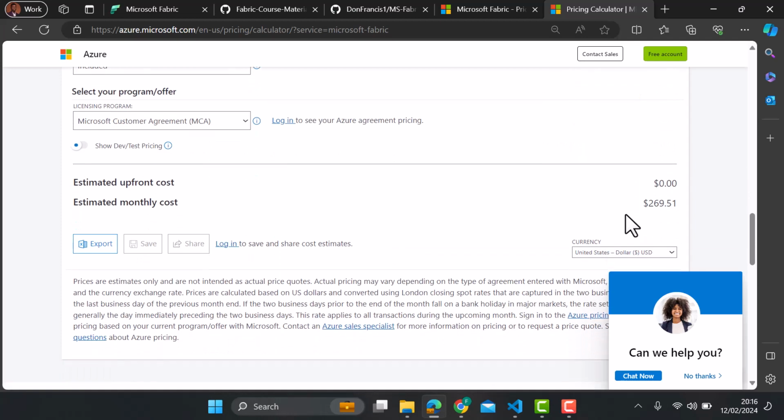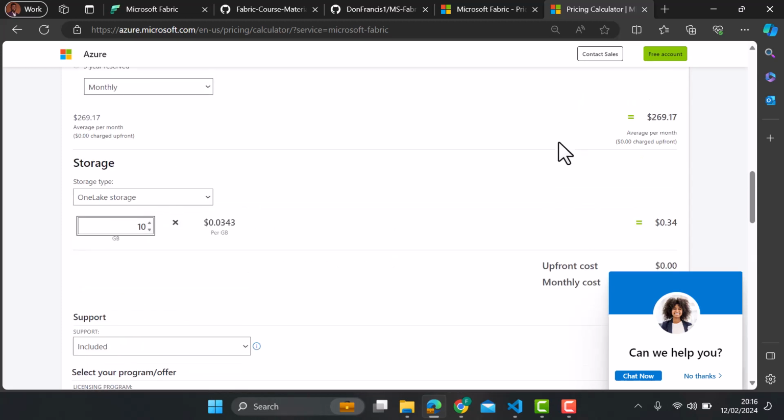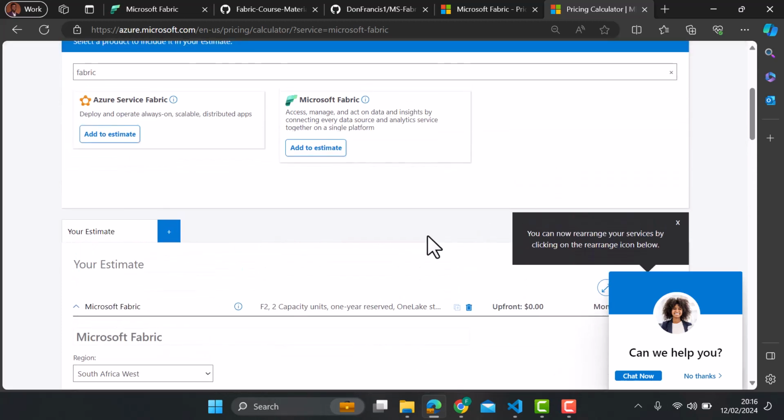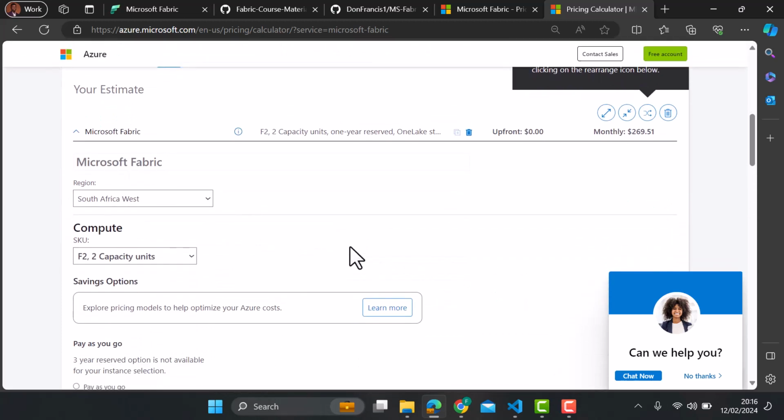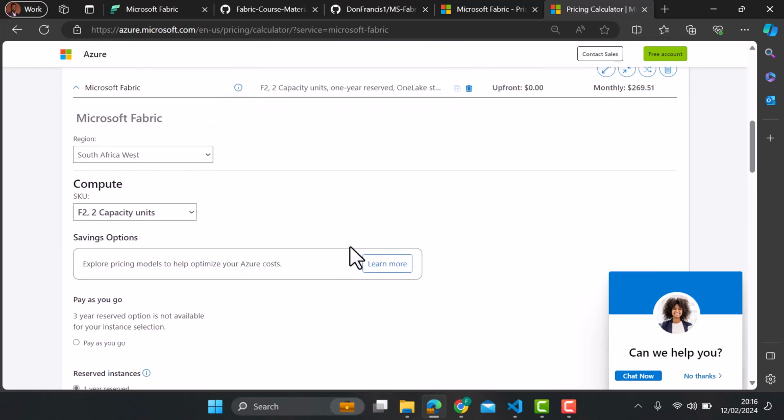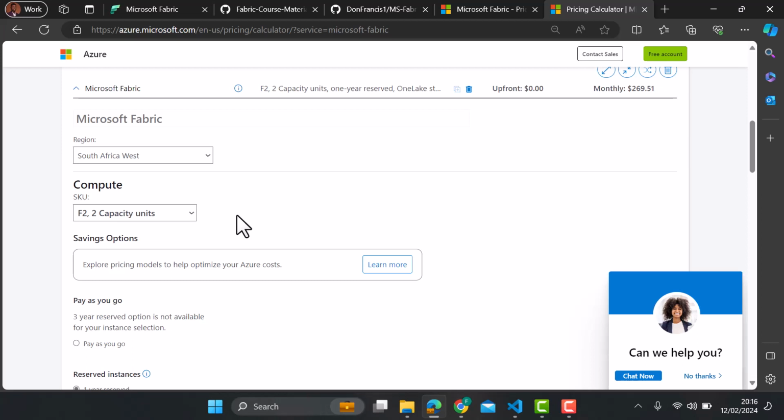You can then see that the total cost of Fabric for this particular region is less than $300, which I think is pretty much affordable. If you are in another region, you can get the price for your region too. You can do pay as you go, you can do reservation instance, and of course you can always scale up or scale down depending on your use case. I hope this is going to be sufficient information for you to convince policymakers to actually look into using